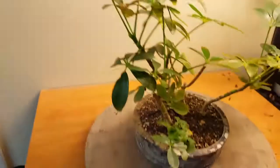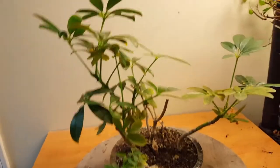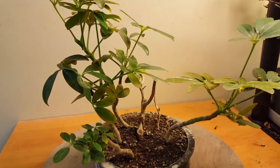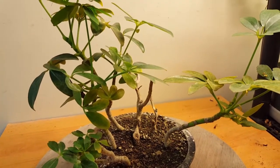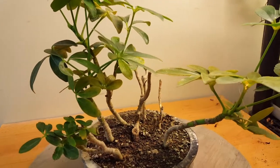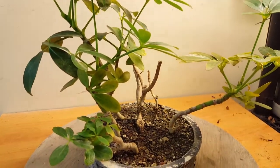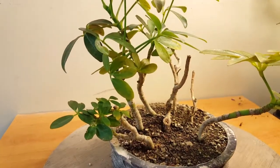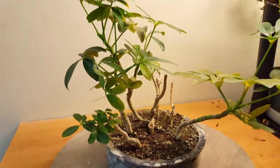Now these cuttings actually came from Nigel's banyan style Schefflera that he just did a video on. I just got done watching it this morning and it reminded me that I should maybe pull these out and take a look at them. So these came from his banyan style Schefflera bonsai. And a year and a half ago, I think, as he said, September 2020, he did